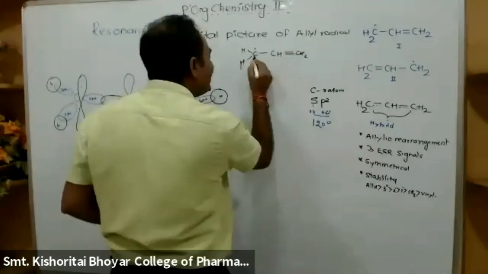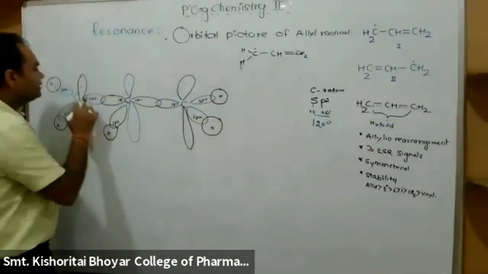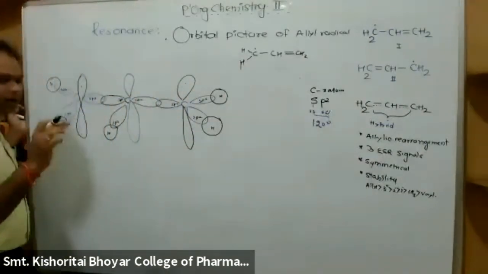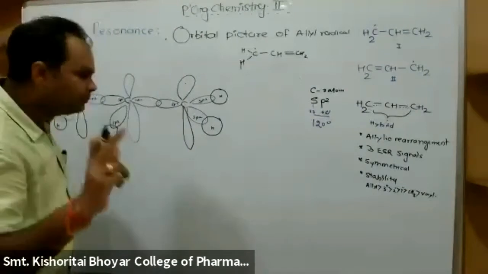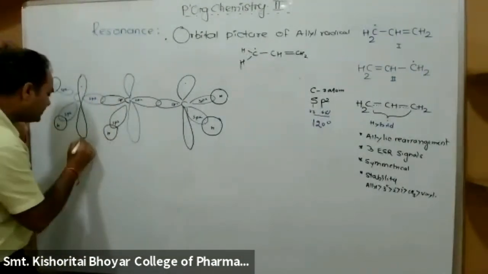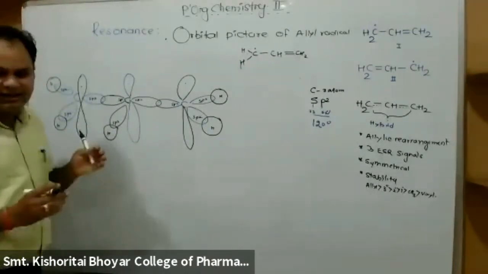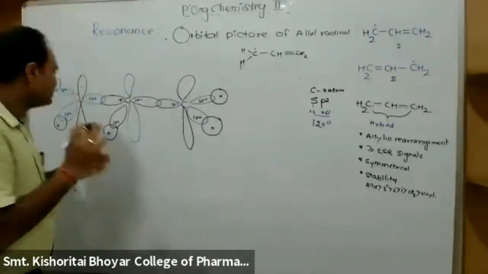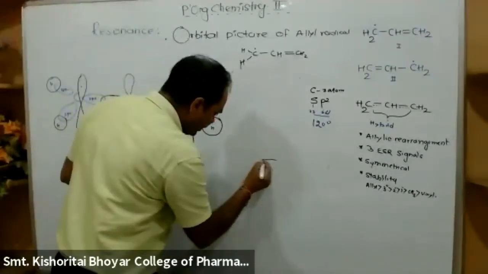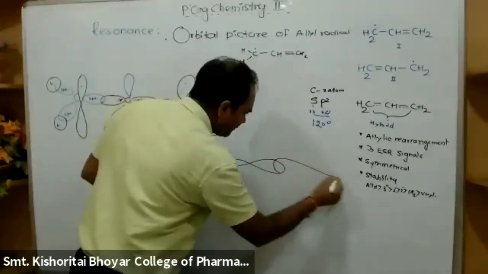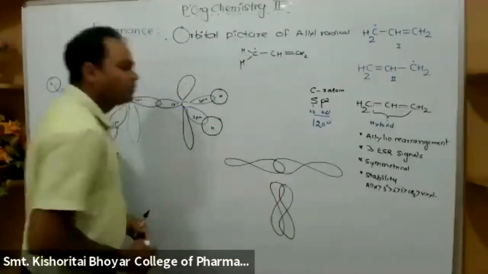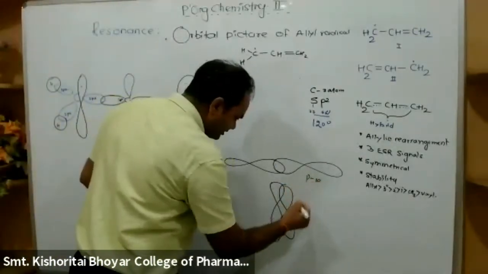Okay. So in this way, each carbon contains one p orbital containing an odd electron, which is not involved in the process of hybridization. So in this way, you will get the 3 odd electrons. And as you know, the p orbital is a dumbbell shape one. Second thing, again, the overlapping of p orbitals. As you know, overlapping of p orbitals like this or like this. This is again the pp overlapping.